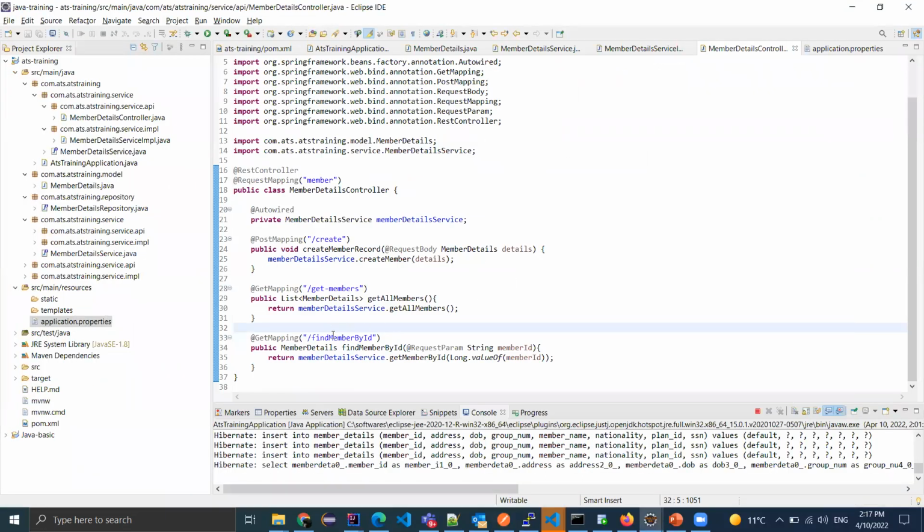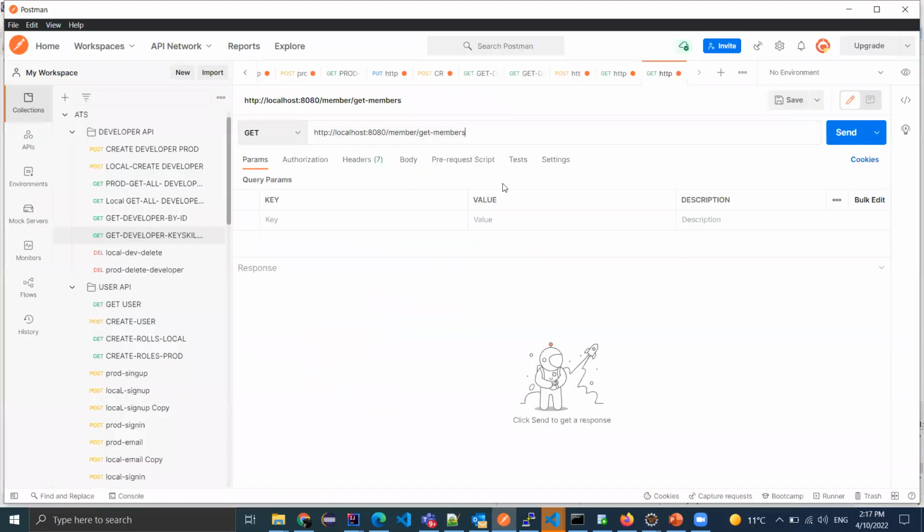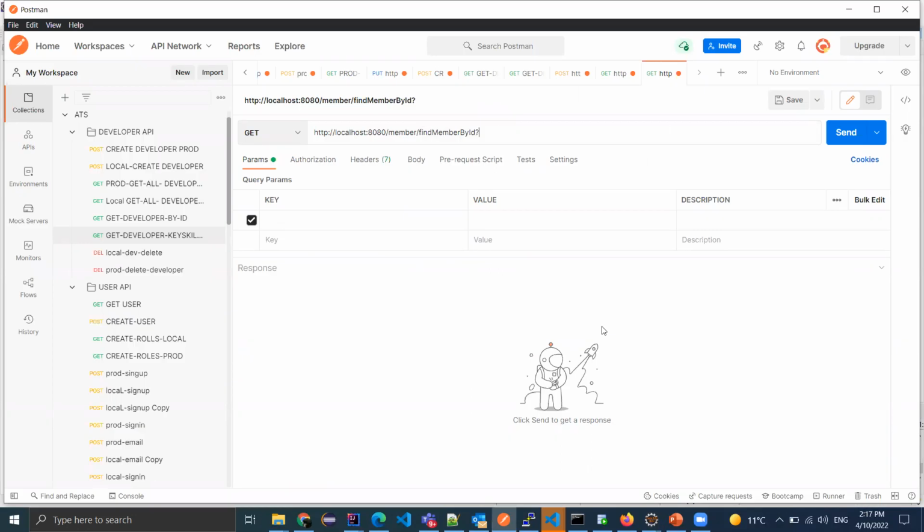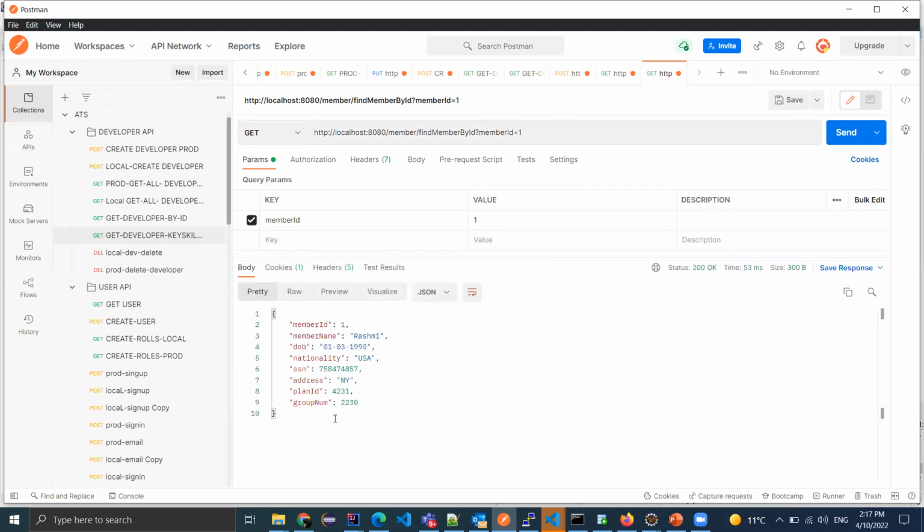The endpoint name is find by member ID. And you can just simply put a question mark. After the question mark, you have to pass this request parameter name, member ID, equal to the member ID detail. Now I wanted to get only one record. And I'll call it. See here, I'm getting one record only this time. If I pass the second ID, I will get the second ID. If I pass the third ID,